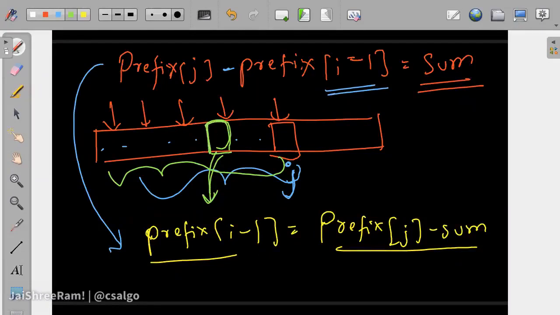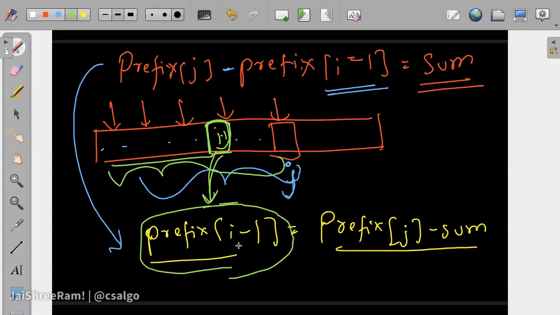So when you are at this particular point, you know the prefix sum up to this is prefix of, let's say this is i minus 1. So its value is prefix of i minus 1, right? So you increase the count of this particular value in the map. Don't worry if it's not clear exactly what we're keeping, we will code this one, but you increase the count of this. And then when you reach this particular j, you have the map built for all of these elements, and you will search for the number of times you have seen this value. Note that you are at j, so you know prefix of j and sum.